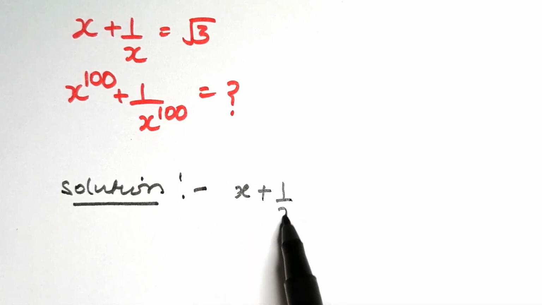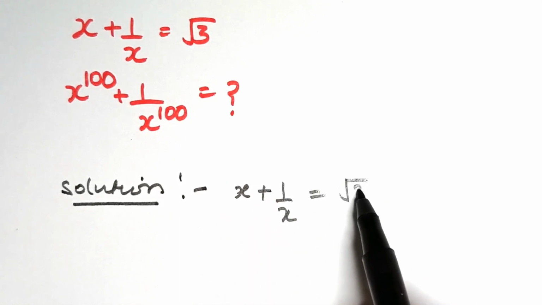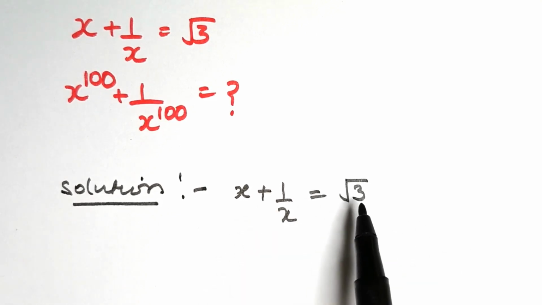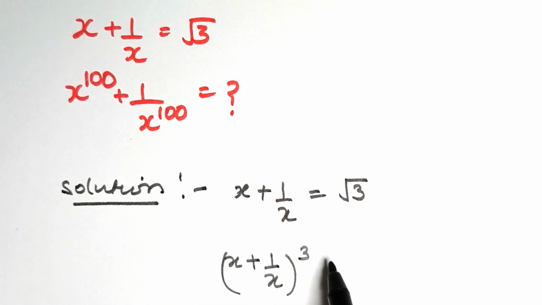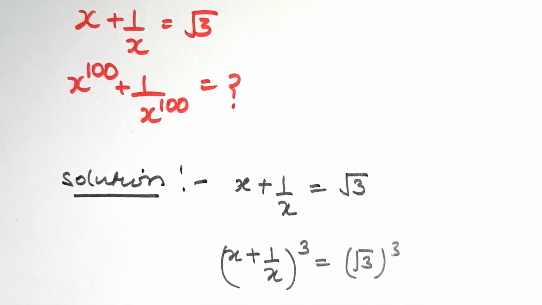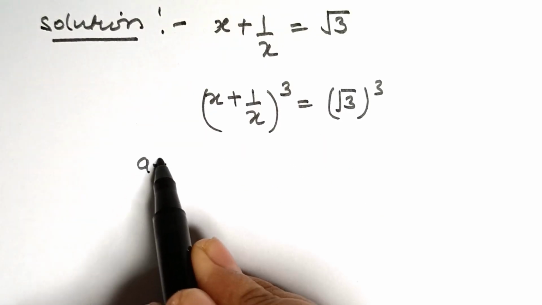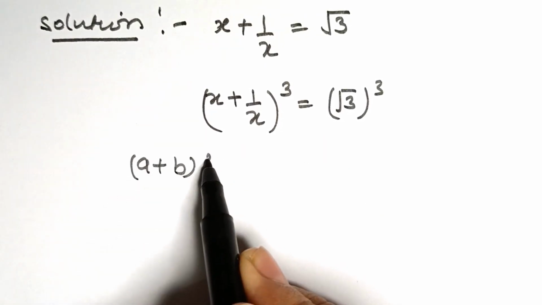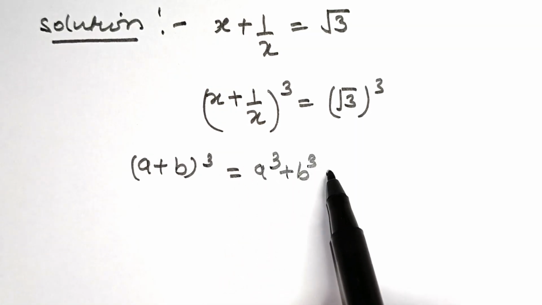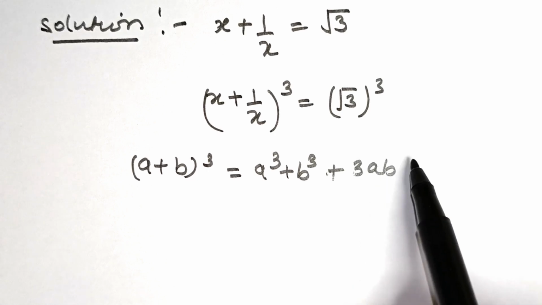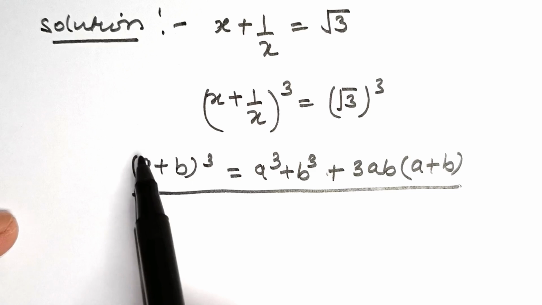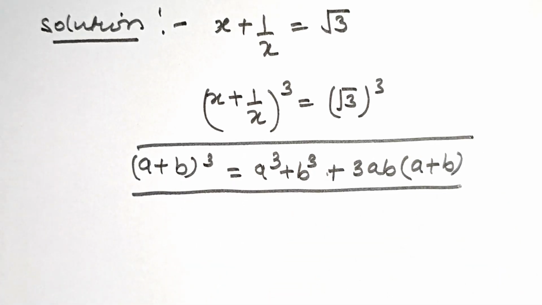x plus 1 upon x is given as under root 3. Now we are going to cube on both sides. So cube is equals root 3 cube. Now we know a plus b cube is equals a cube plus b cube plus 3ab times a plus b. So using this identity we will have